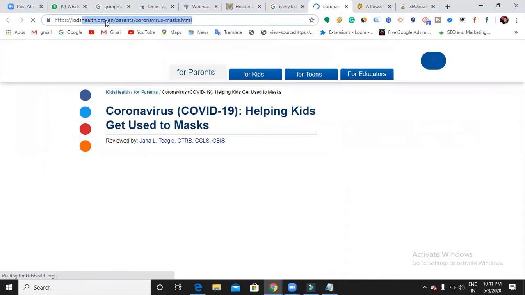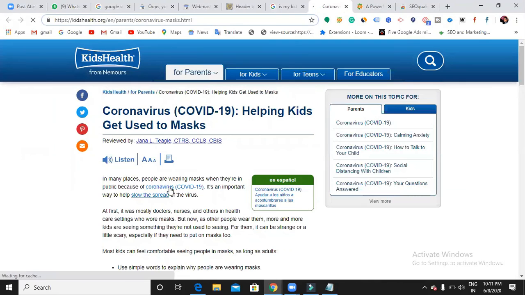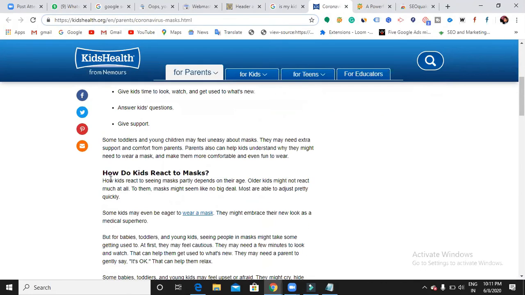If I click this, see how their permalink and content are, and where they are giving links. Is it an internal link or an outbound external link? Do they have social sharing or not? They do have some social sharing. They also use headings.